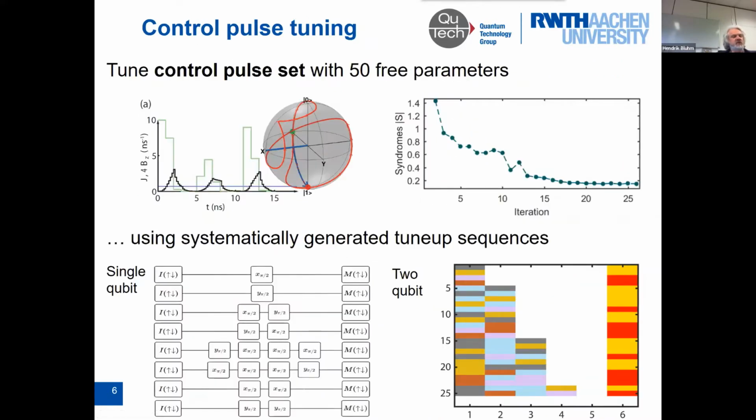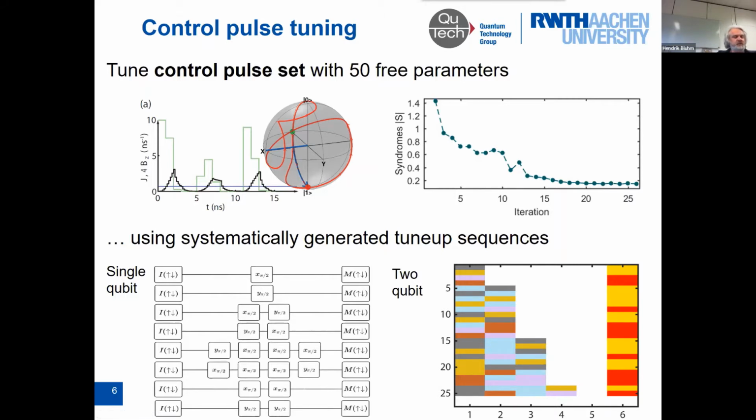Then I'll move on to tuning actual gate operations and show you that on these devices we can tune single-qubit pulse sets with up to 53 parameters on the experiment in a closed-loop calibration way. I'll also discuss more generally how this calibration procedure could be generalized to multi-qubit gates, in particular with respect to tune-up sequences that can be used to extract the errors, with a focus on only the systematic errors that one can correct,